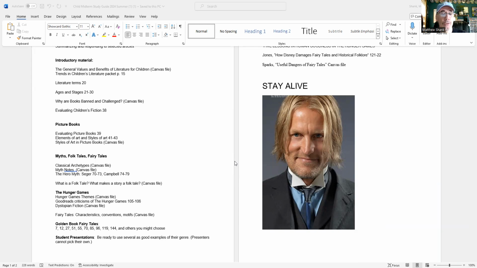Also be familiar with the notes I gave you about myth in the Canvas file. And then to back that up, there are a couple of really good articles in the Canvas packet: Seeger starting on 70 and Campbell starting on 74, that also supplements the hero myth in mythology.